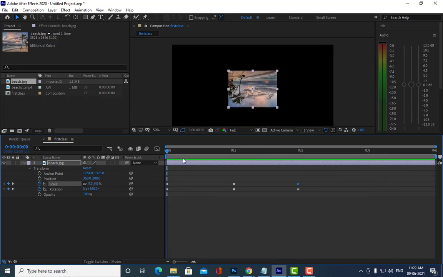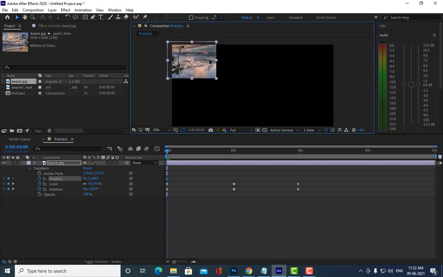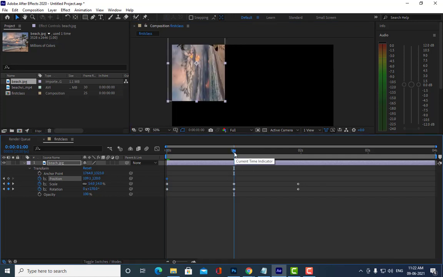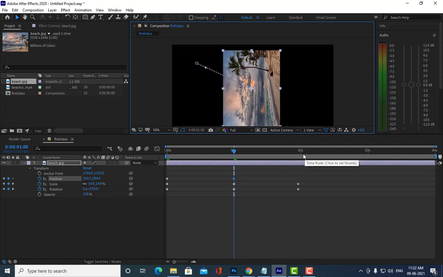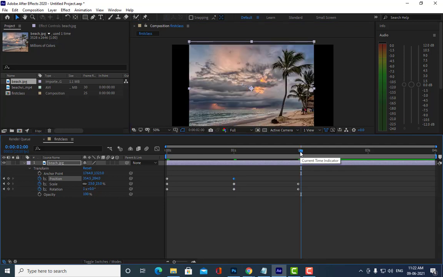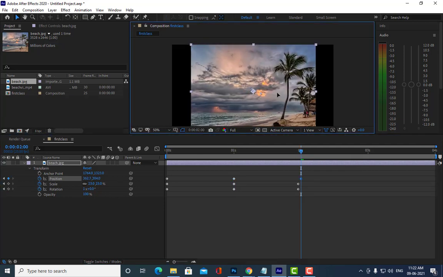Let me do one thing. Let me animate the position also here. So what I will do, I am going to keep it over here, and then I will come back to this frame. Able to understand, everybody? So keep it like this, and then we will keep it at the middle at the 2 second frame.